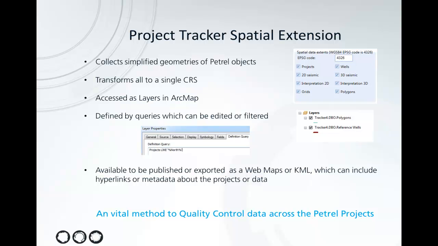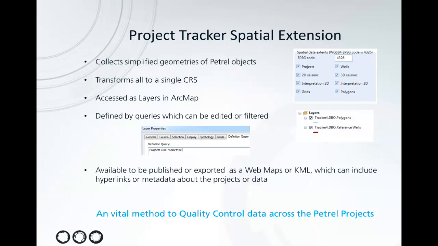These objects can then be accessed as layers in ArcMap, and they come in as query layers which can be filtered or edited based on some different parameters. Once in ArcMap you can publish or export these as web maps or KML and include some hyperlinks or metadata about the projects. But inside ArcMap itself there's a really good workflow to follow to quality control the Petrel data